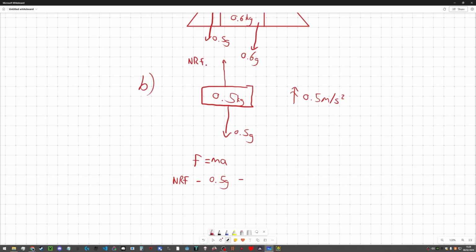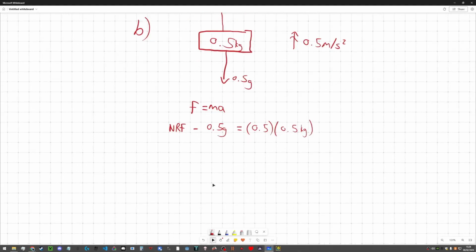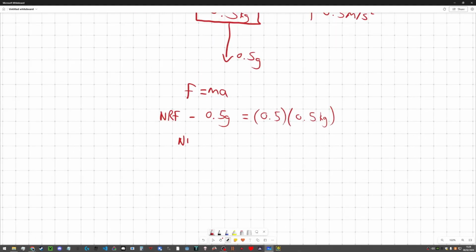This will be equal to our mass of 0.5 kilograms times our acceleration of 0.5. We can then solve this equation to get our normal reactive force is equal to 0.25 plus 0.5g,